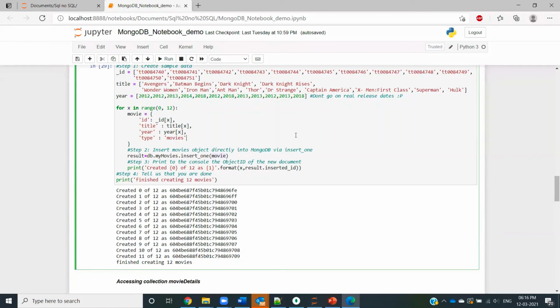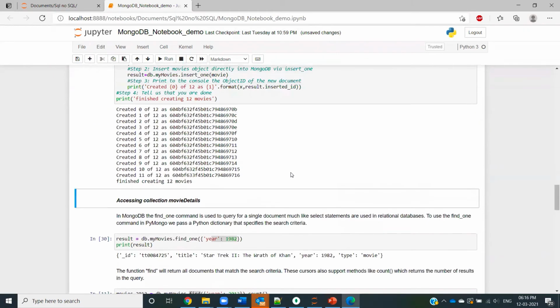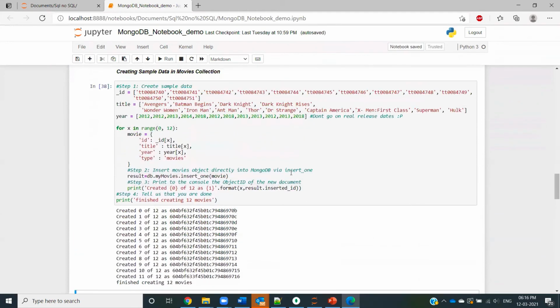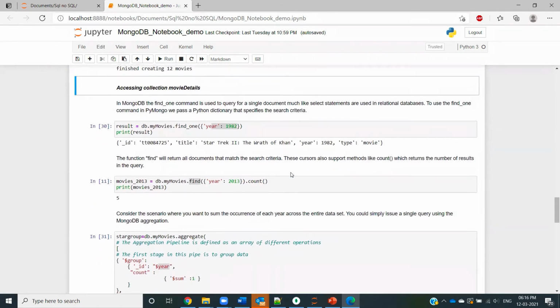So let's just hit this. And I have added about 12 records inside this collection. This is something that you can do for adding your own sample data inside your collection. Moving forward,